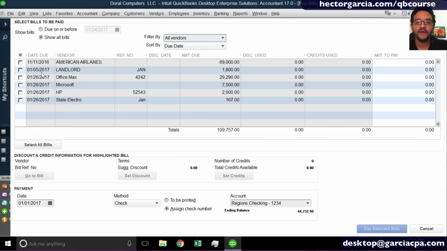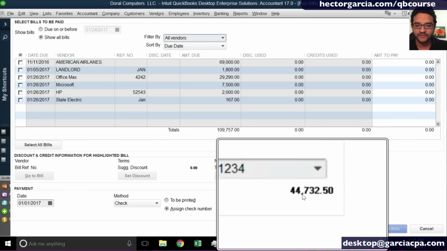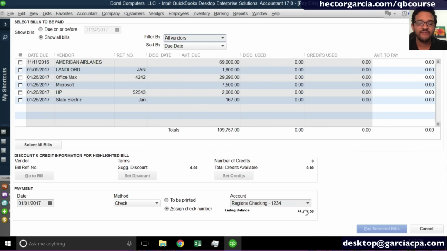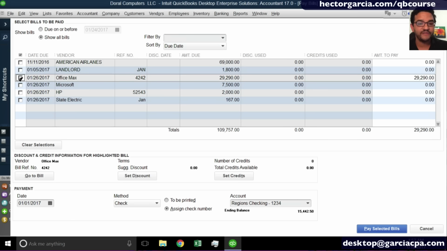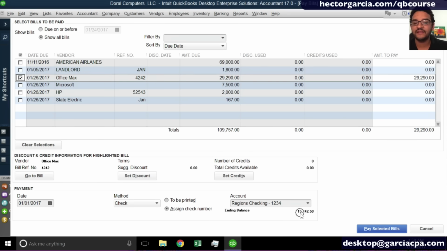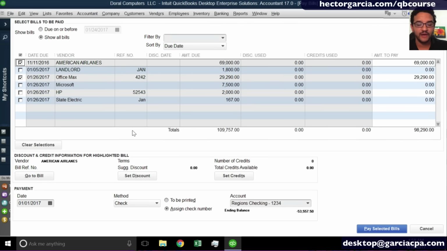So I'm going to go ahead and pick which vendors I want to pay. And I want you to pay particular attention to my bank balance. So right now I've got $44,000 in the bank. If I start selecting any of these, like I'll select Office Max, that's $29,000. Notice that my bank balance goes down. That's basically letting you know, hey, if you pay this bill, your bank balance is going to go down. And if I pick any of these that makes my balance go down to negative,